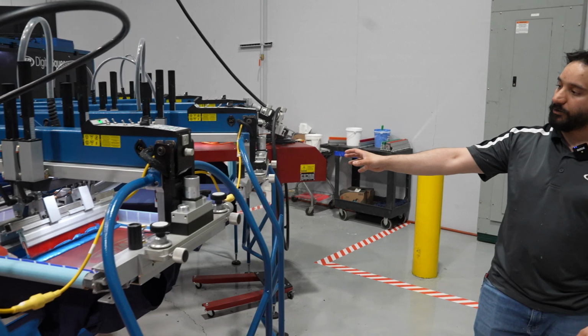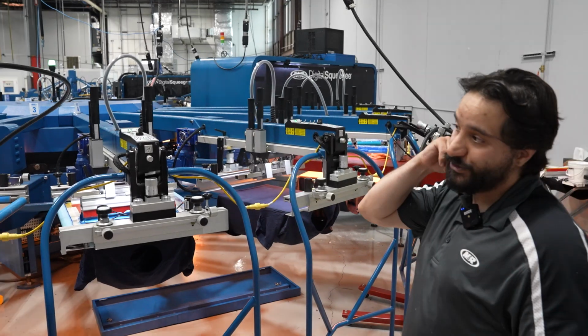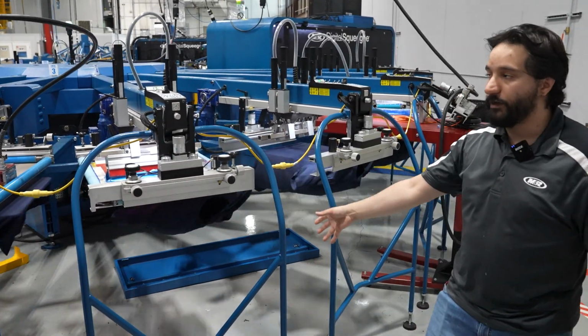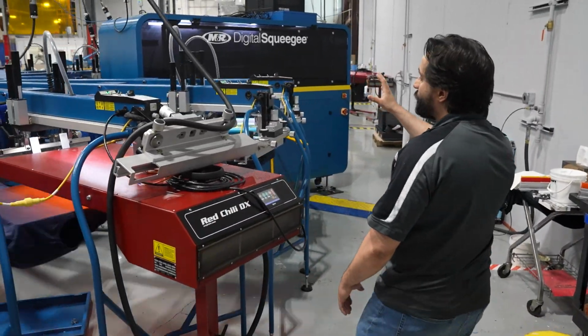These screens right here are open. We have a plastisol job set up around it, but let's theoretically say you were printing on polyester. That first screen, instead of being a white, would be a blocker, right? And then this would be your second white. Again, since we're printing water-based, high solid, we're gonna flash it, and then we're gonna have what's called a tie